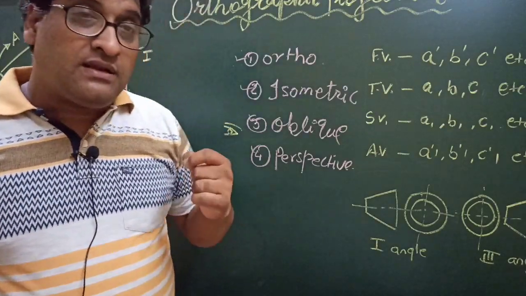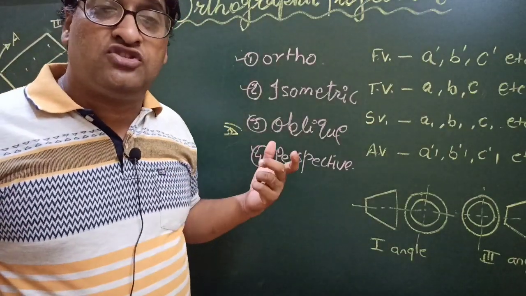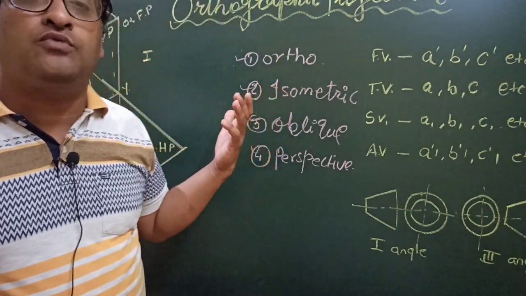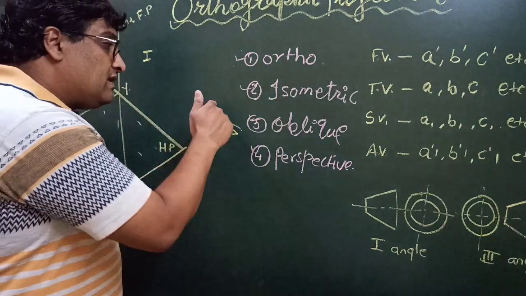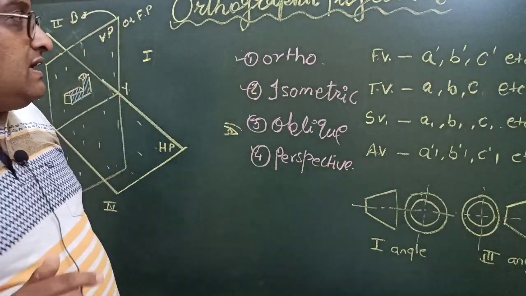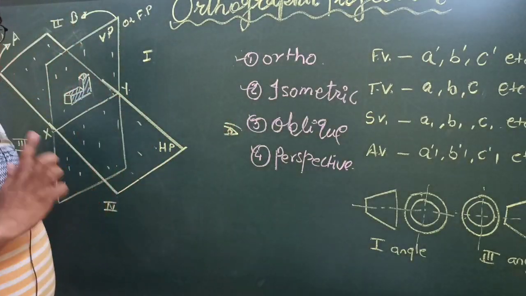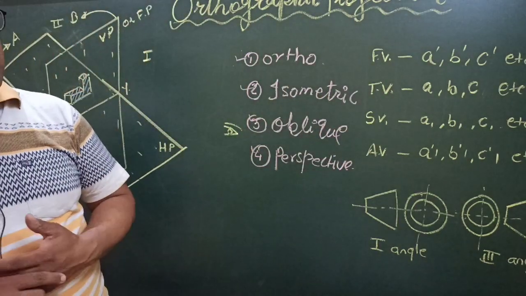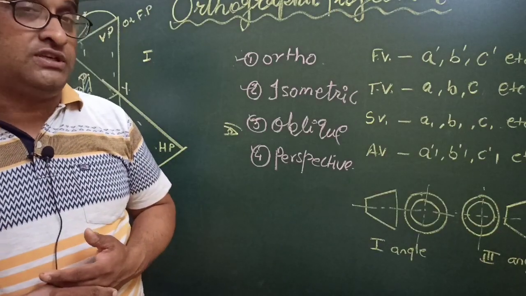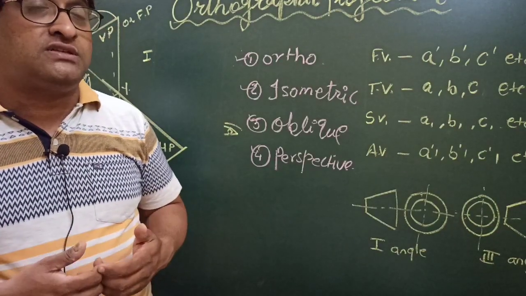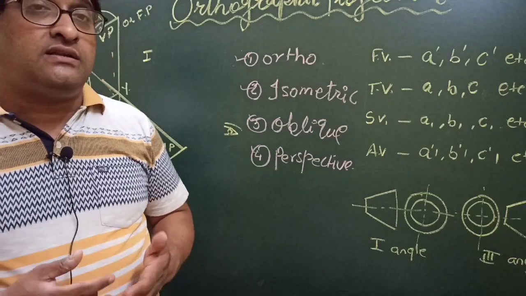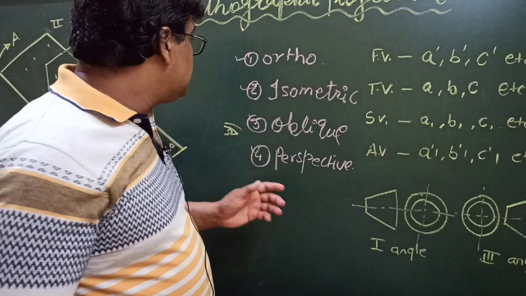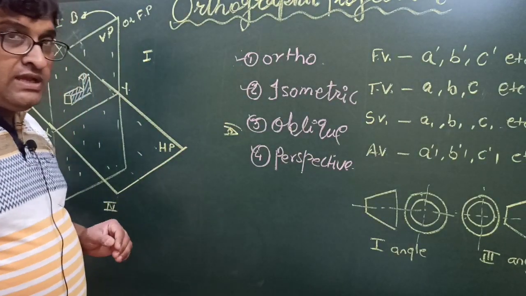It means that the rays of light or the projectors are straightforward, they are parallel to each other and striking on the screen of projection at an angle of 90 degrees. So the rays of light are perpendicular to the screen. This is what orthographic projection is, and as we already discussed, it's a multi-view projection. So we have to draw many projections, many views, so that the complete object can be visualized. So let us come to the description of orthographic projection.